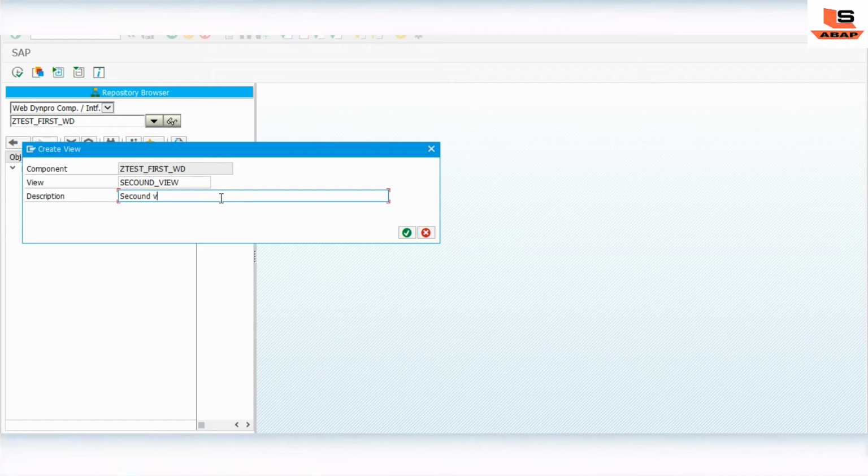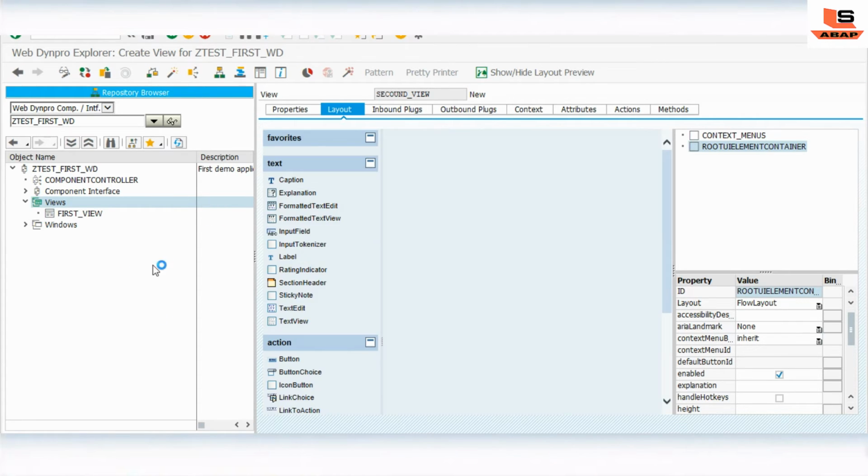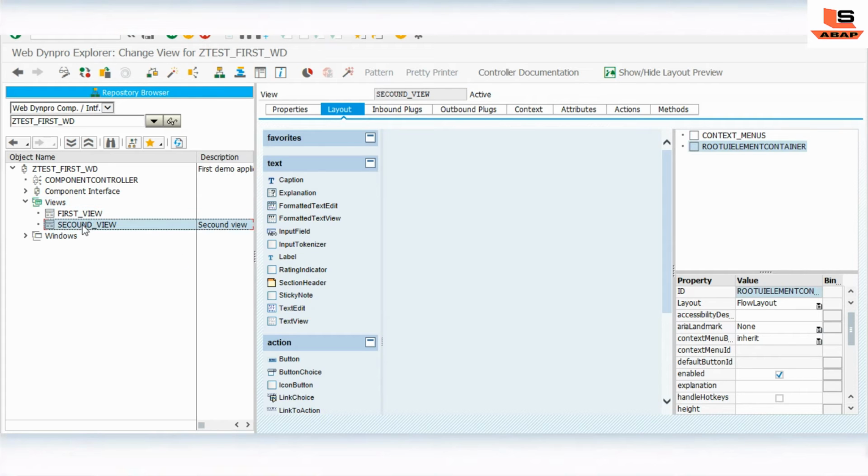Just say check and activate. Now as you can see, second view is here.